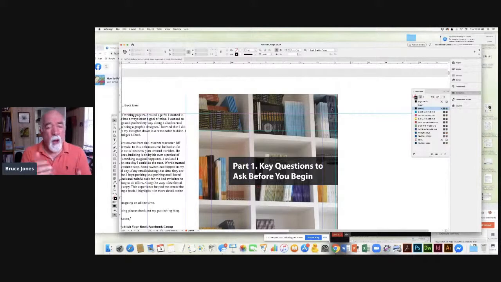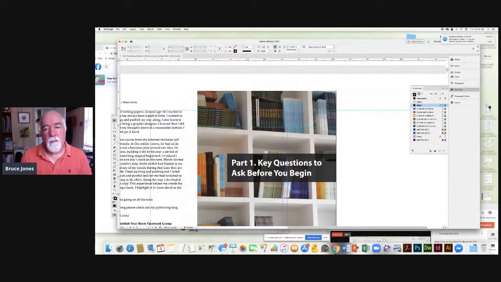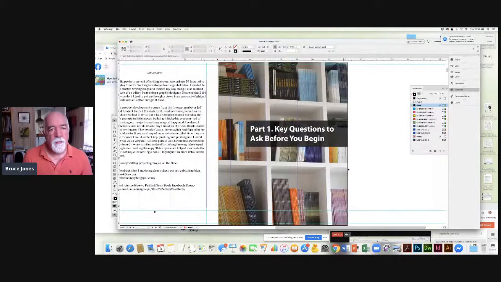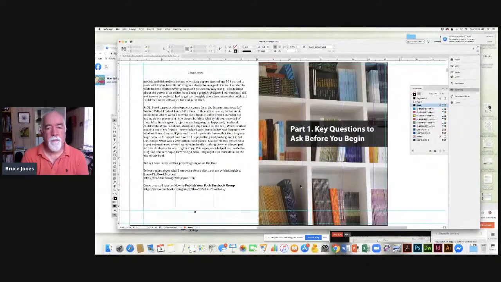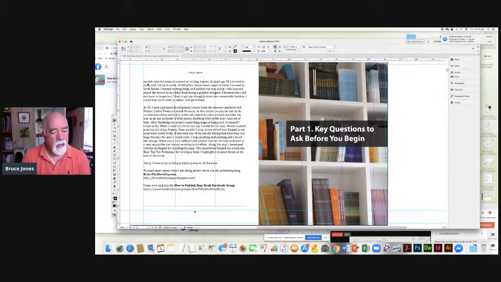I'll show you how I walk through it. So one of the things to remember when you're setting up page bleeds, which makes it a little tricky, is that they're only cutting off the top, the outside, and the bottom. So in this particular case, this is a page spread from my publishing book, and you'll notice that it has